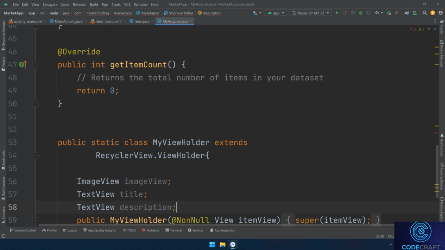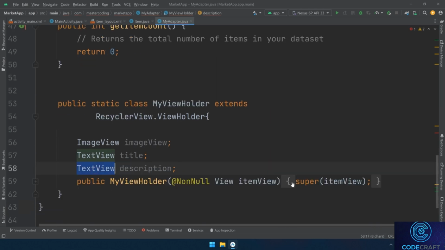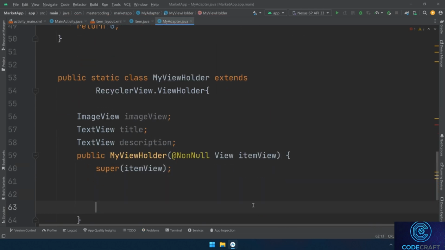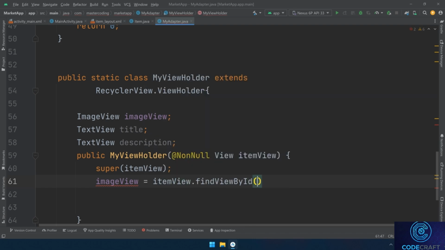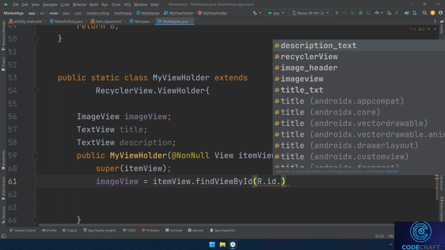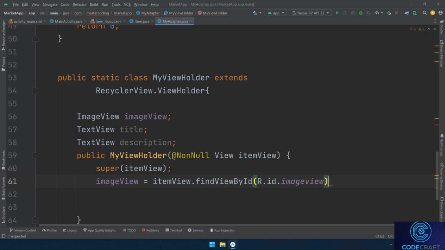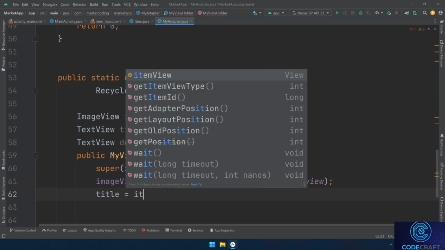Alt plus enter, import the package of the text view, and here under the super in the constructor of my view holder, I'll set image view equal to item view dot findViewById r.id dot image view, text view or title equal item view,